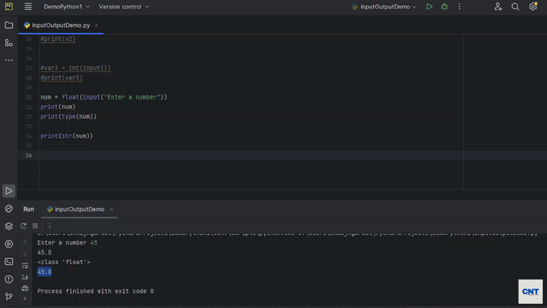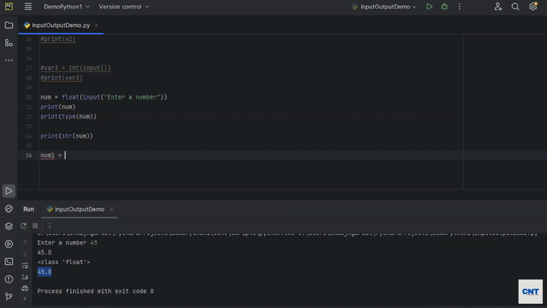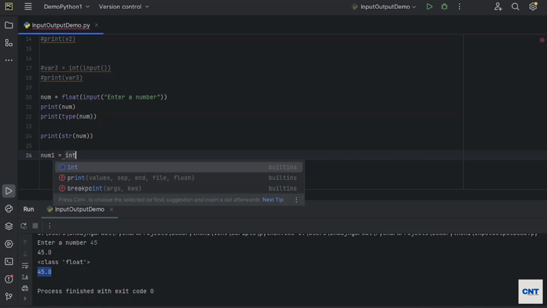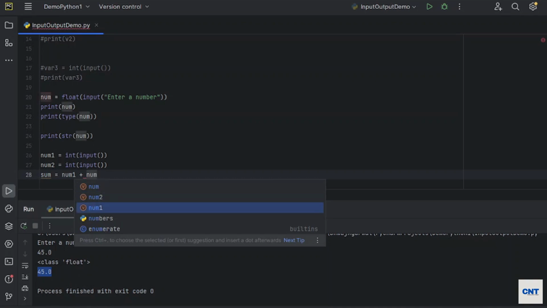The requirement is we want to add two values, but before that we will be asking the user to input two numbers. So how will we do that? We will take number 1 equals int of input, number 2 the same. Now in the next line we say sum equals num 1 plus num 2.